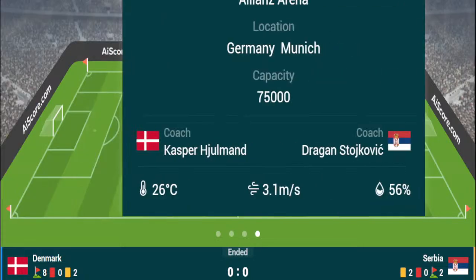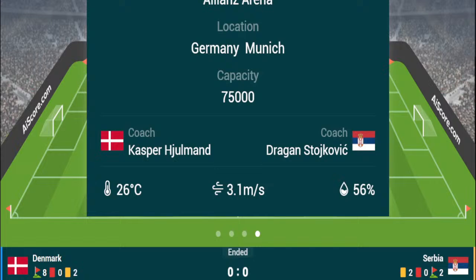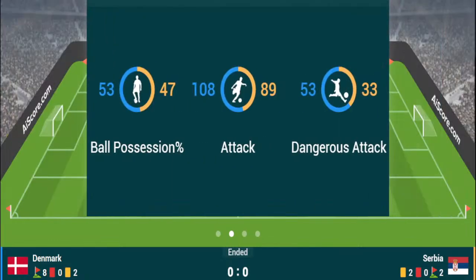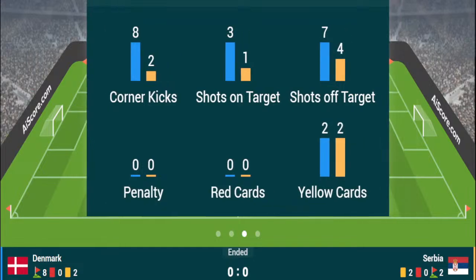and it's Denmark 0, Serbia 0, and it's an absolutely massive result for Denmark, because Denmark are going through to the last 16 of the Euro 2024 Championship. Serbia had their chances, they really did, a couple of big chances in the second half, but Aleksandar Mitrovic and then Sergej Milinkovic-Savic, two big opportunities which they couldn't take. They'll be absolutely devastated with that. Denmark will be delighted, through to the last 16 of Euro 2024.